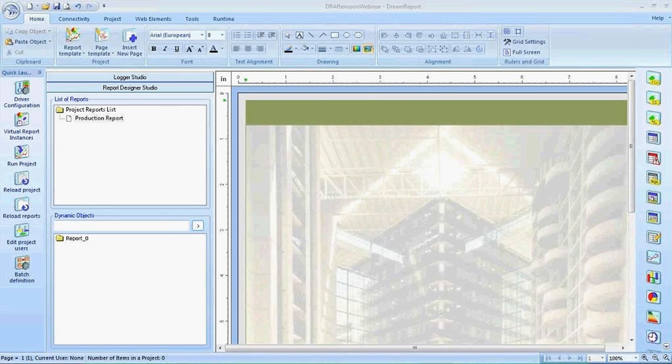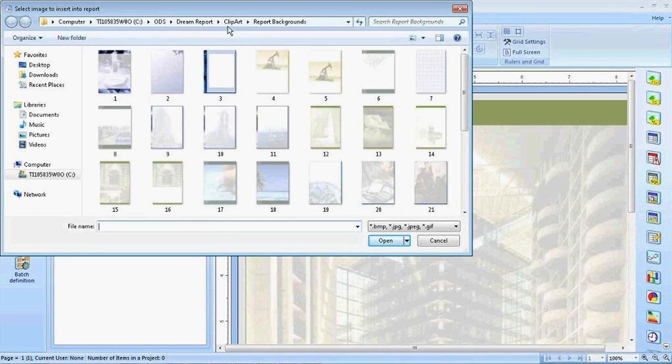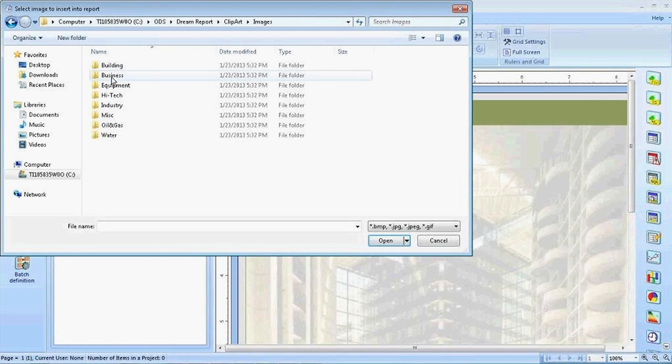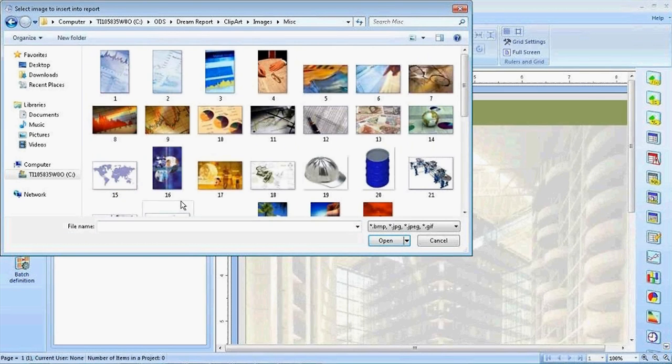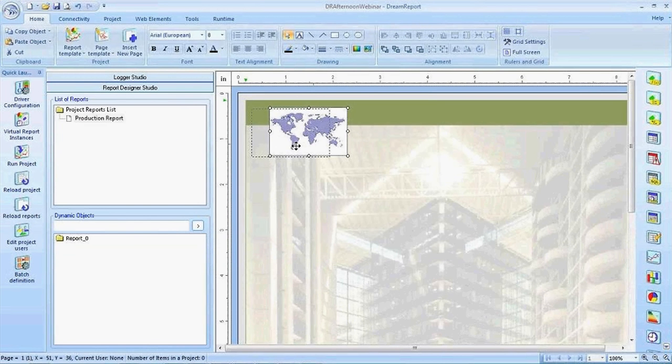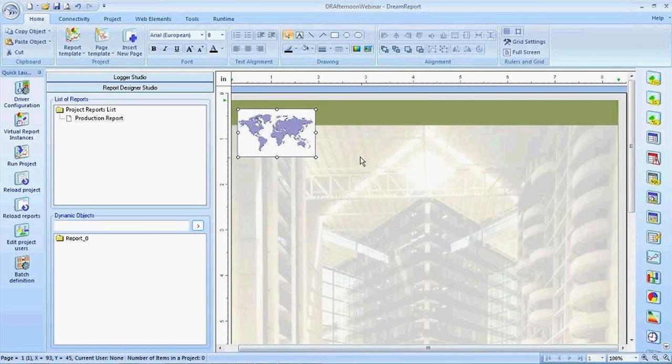So let's, sorry, I need to then draw where I want that to be. And we'll go back to clip art, images, miscellaneous, and then here we'll choose a globe picture or world map picture. And then maybe I think we need a title here. So what we're going to choose is over here from these different icons, you can see that we have down